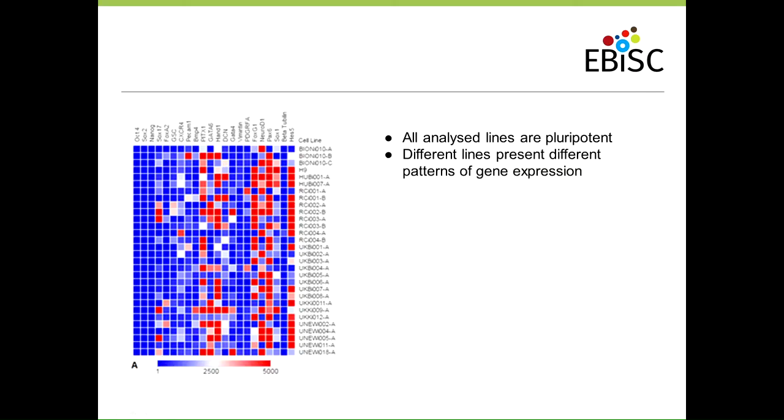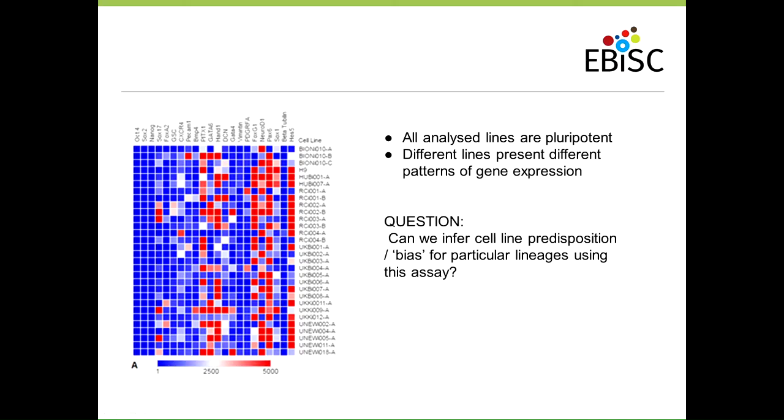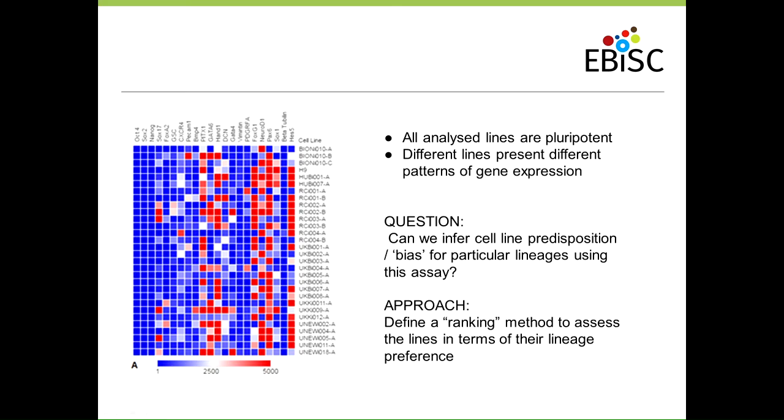So like I said, when we looked at all these lines, they were all pluripotent, but what we did notice was that you were getting obviously different patterns of gene expression. So the question that we asked was, can we infer any cell line bias for particular lineages when using this assay? So the approach we took was to define this ranking method to assess the lines in terms of their